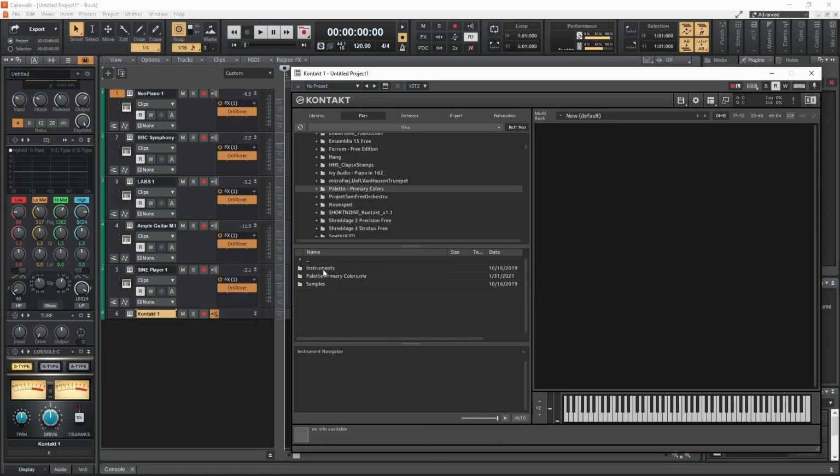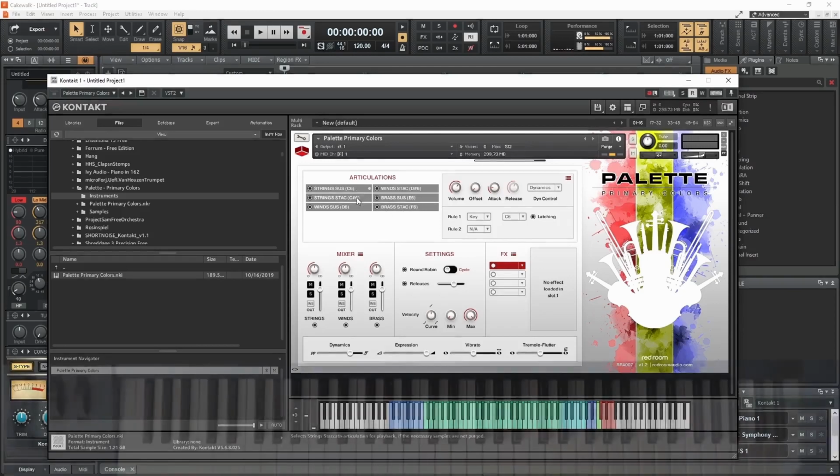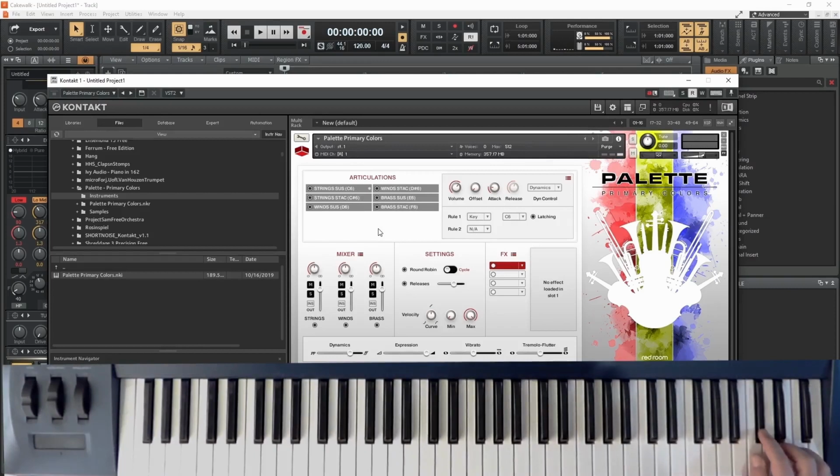Let's see from Red Room Audio the Palette Primary Colors. This is our plugin. As you see also we have string sustain, staccato, wind sustain and staccato, and brass sustain and staccato. And all this can be chosen by, with C6 we have the strings. The staccato strings,